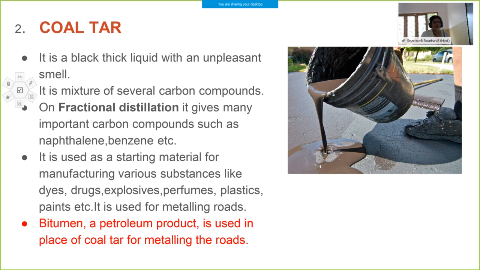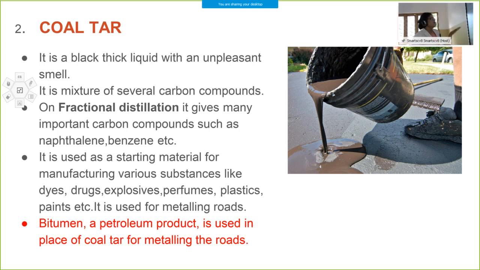The hydrocarbon present in this vapor which has a high boiling point will be separated first. Then comes the second one, then the third one, like that. Depending upon their boiling points, various hydrocarbons can be separated from coal tar by the process of fractional distillation. So now don't worry about fractional distillation. I'll be telling you about it in the next class, when we learn about refining